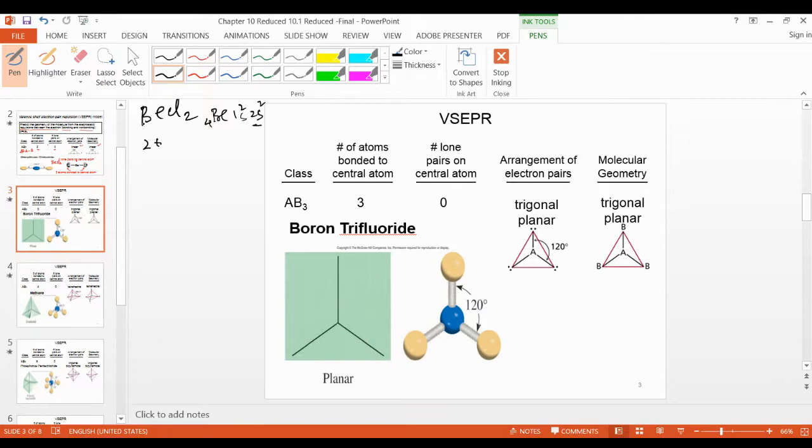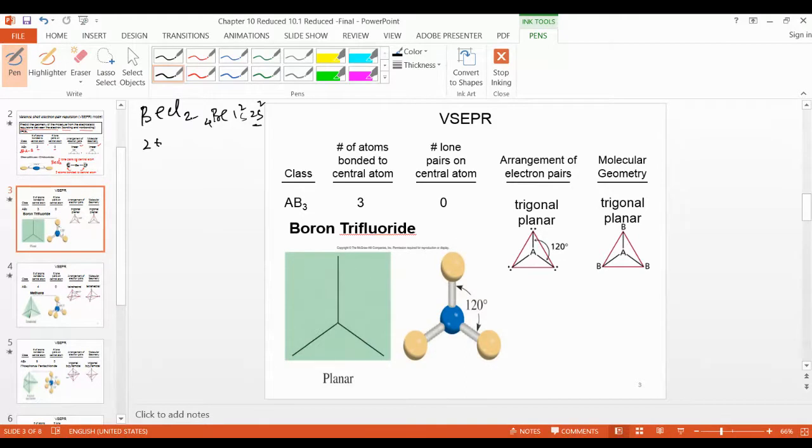Sir, valence electrons always depend on the group. I told you how many times. Please note down in your notebook. Valence electrons are always decided on the basis of the group number. Group 1, 1 valence electron. Group 2, 2 valence electrons. Group 3, 3 valence electrons. Group 4, 4 valence electrons, like that.